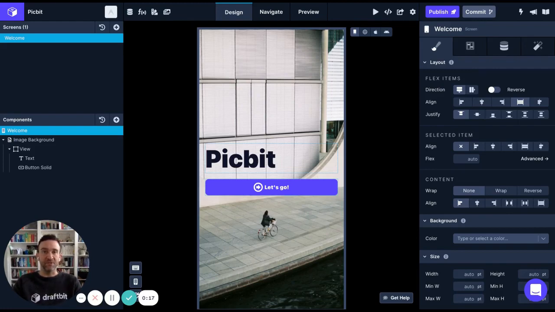You are in the Introduction to DraftBit tutorial series. In this tutorial, I'm going to talk about layout and design. This is a 101 level layout and design tutorial, so I'm just going to be covering some basics. If you're not familiar with DraftBit's design mode, here's a quick overview. You can get to the design tools by clicking the design tab at the top toolbar.